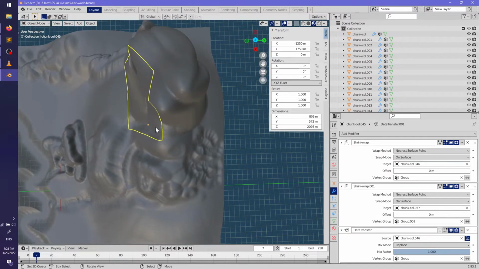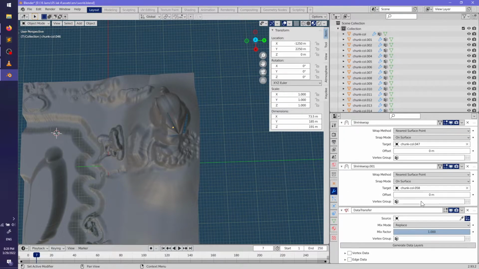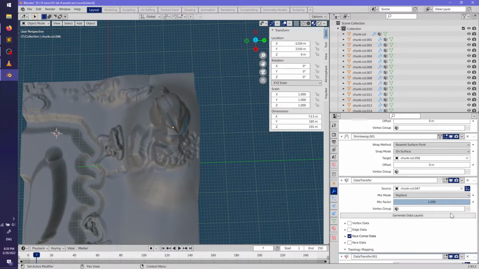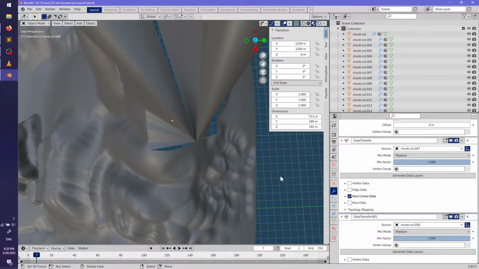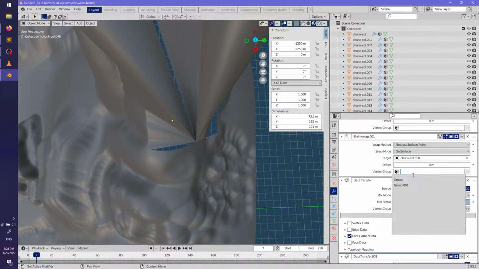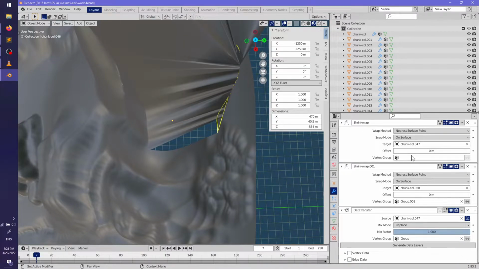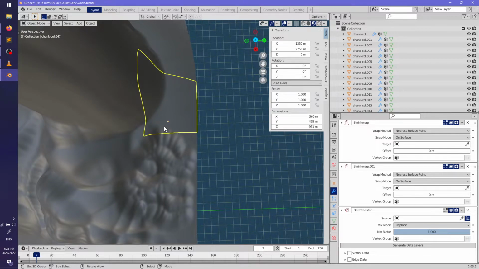One group. Oh, okay, I already have that one done. Did I do this one?